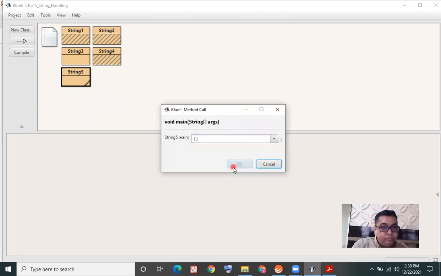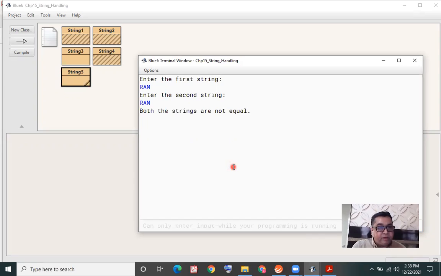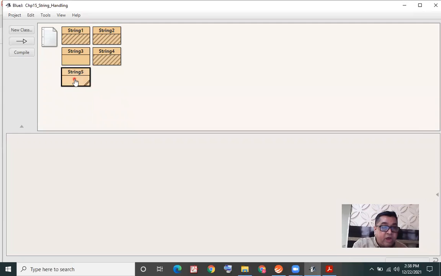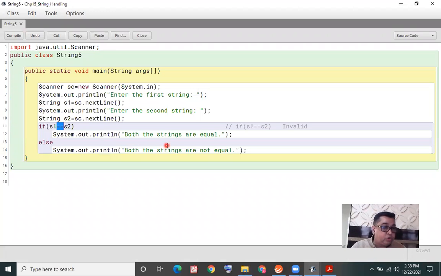I enter the first string Ram, and the second string also Ram in capital letters, but still it tells me not equal. Why is it not giving me a proper answer? Because I've used the double equal to operator to compare these two strings, which I shouldn't. This is what I've been trying to tell you right from the beginning.